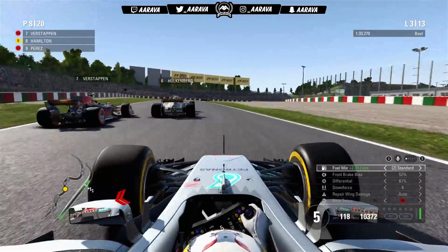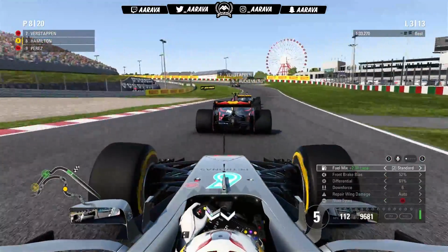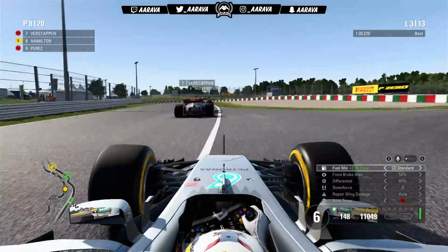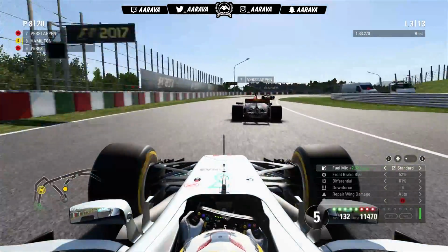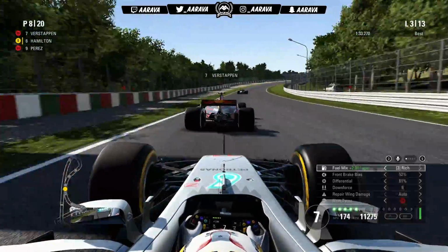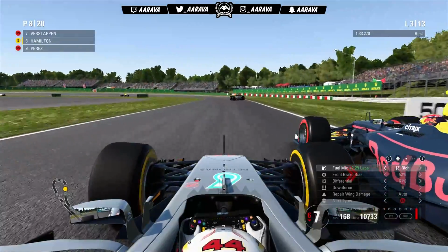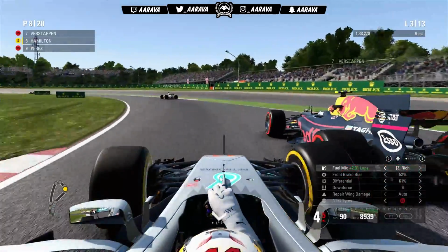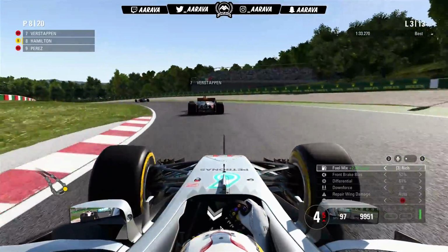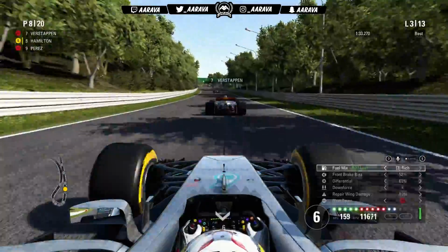We feed it around with ease on Perez as he's caught napping behind Verstappen. We're right up the gearbox of Max. We have to lift off a tad to not run into the back of Max Verstappen, but he's been overtaken fair and square by Nico Hulkenberg in the S section, I think that is. So good stuff there for Nico as we now go to the left-hand side of the track to try and overtake Max Verstappen down the inside of the first part of Spoon. Very close stuff, and Verstappen, just like he is in real life, putting up a great fight there, and we have to stick behind P8, so unfortunately unable to get into P7 quite yet, but now you would imagine